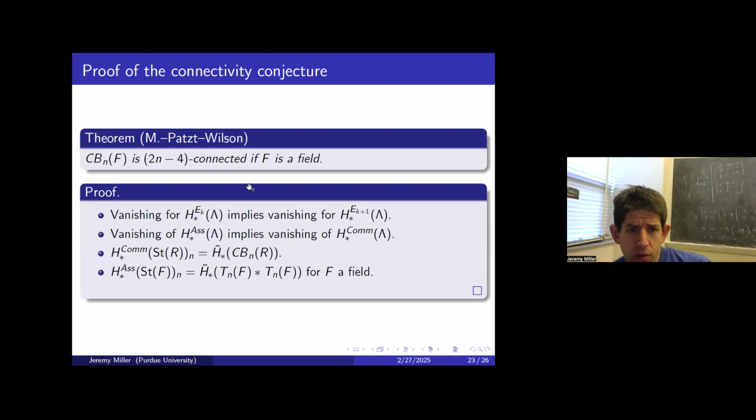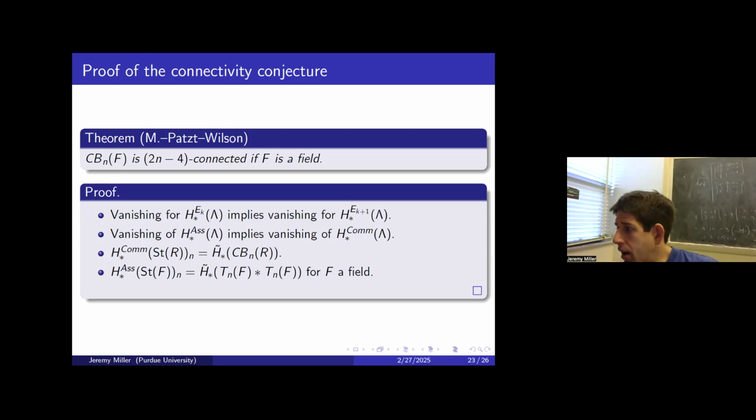Yeah, so the theorem is that John's conjecture is true for fields, and the way we prove it is, well, first, if you have vanishing for EK homology, you get vanishing for EK plus 1 homology. You can see this by saying EK homology can be computed by a k-fold bar construction. So to get EK plus 1 homology, you just do a bar construction on the chain complex that computes EK homology. And if you have a chain complex with a vanishing line and you do a bar construction on it,